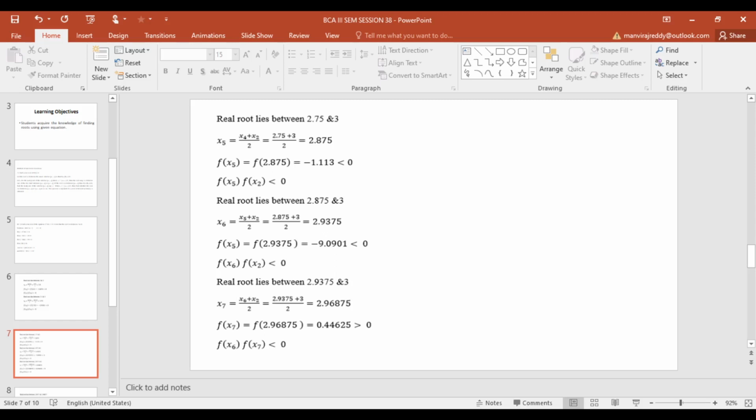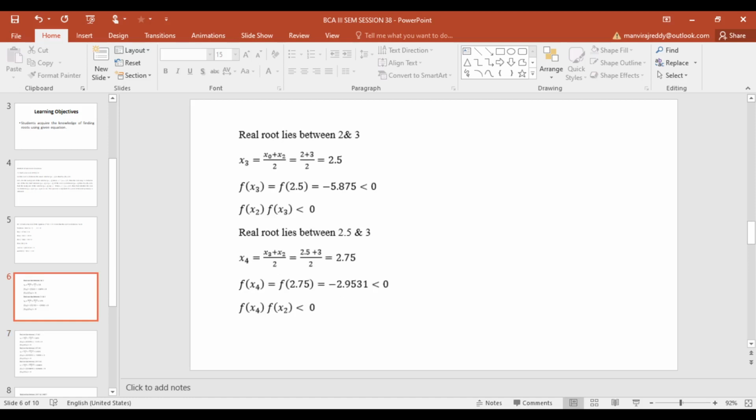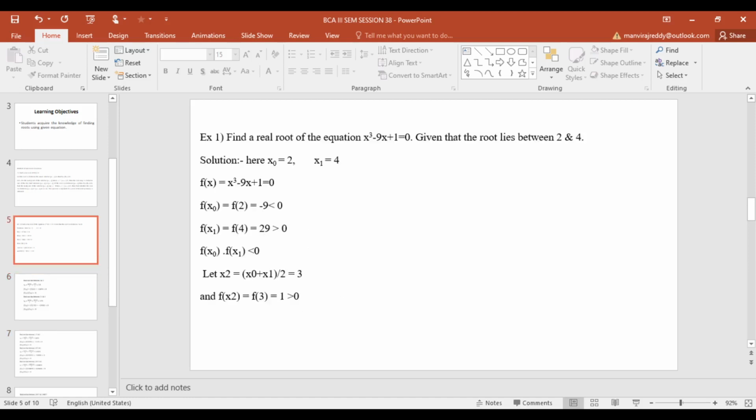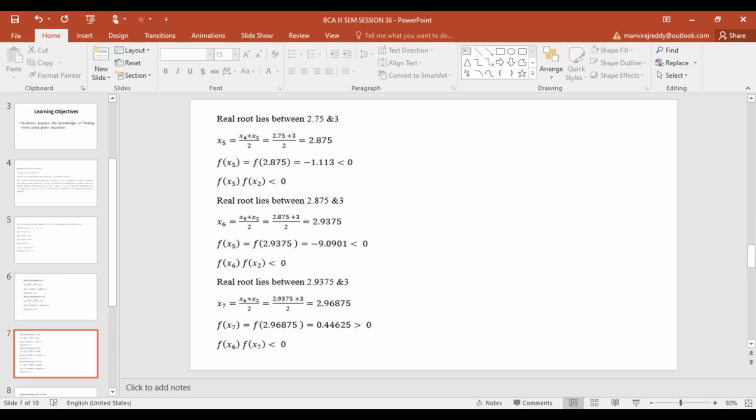Again in the iterative method we go for another root x5, that is x4 plus x2 by 2, is 2.75 plus 3 by 2, equal to 2.875. We measure f of 2.875, that is a minus quantity, which is less than 0. In the previous calculations we choose the positive quantity. The positive quantity is f of 3 greater than 0. So f of 3 is greater than 0, and here f of 2.875 is less than 0. So we can say the root lies in between